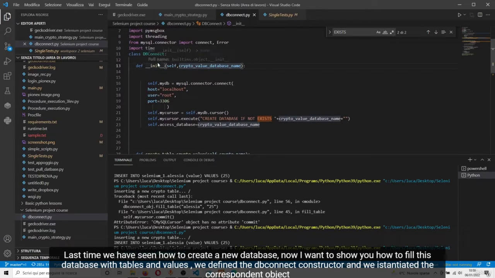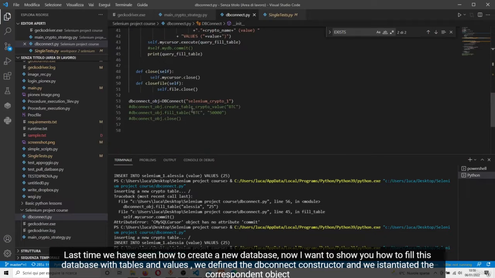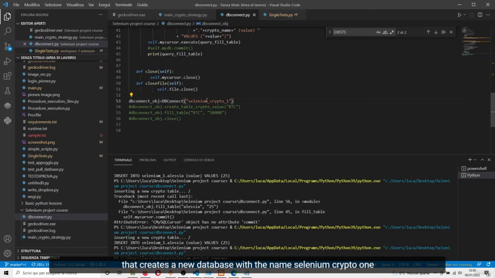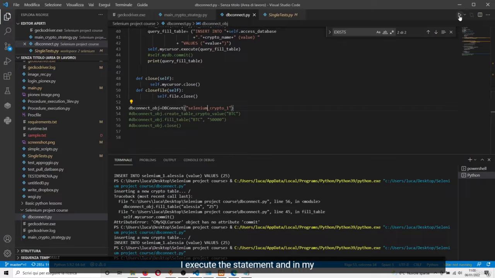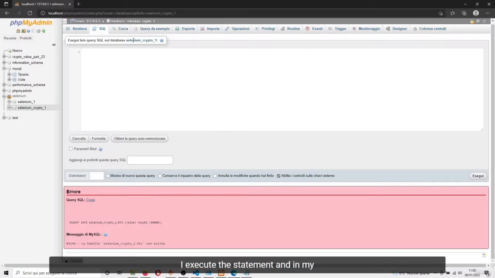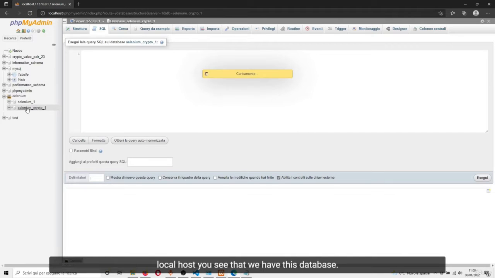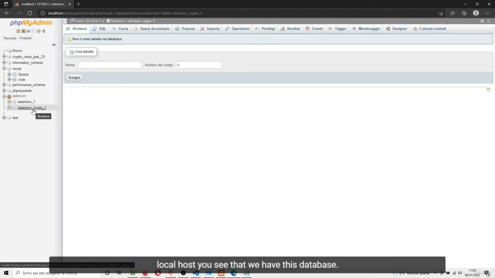Last time we defined the database connect constructor and we executed this statement. So, create a new database with the name of Selenium Crypto 1, for example. I execute the statement, and in my localhost you see that we have this database. Now we have to fill it with tables and fill also the tables with the values